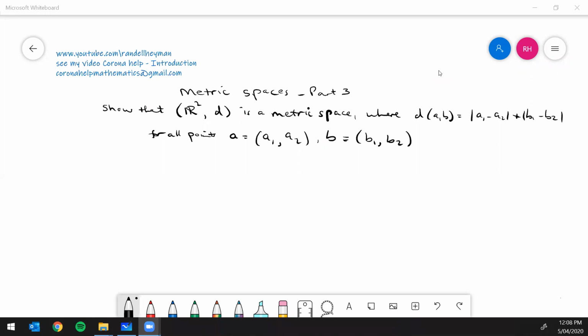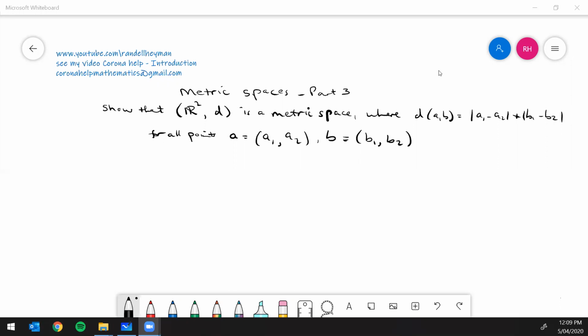So this is the third part of a series of videos I'm doing on metric spaces for Lydia, who tells me that she lives in the United Kingdom. So I thought what I'd do is prove that something is a metric space. This is the one I'm going to do, the taxi cab example that I showed you from the previous video. So show that